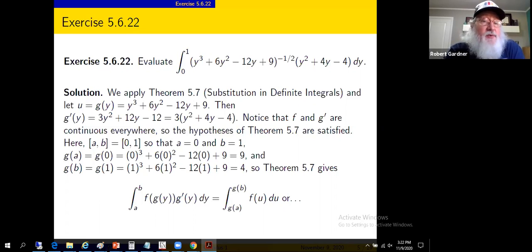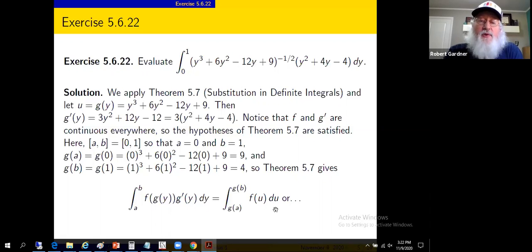A is 0, B is 1. Let's evaluate G of A and G of B, G of 0 and G of 1. Crunch the numbers, and we get 9 and 4 respectively. Okay, this looks a little odd. We're going to have the 9 as the lower bound and the 4 as the upper bound. Usually the lesser number is the lower bound and the greater number is the upper bound, but not with a substitution. So we'll take the given integral,